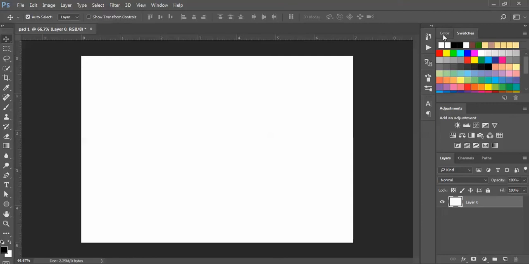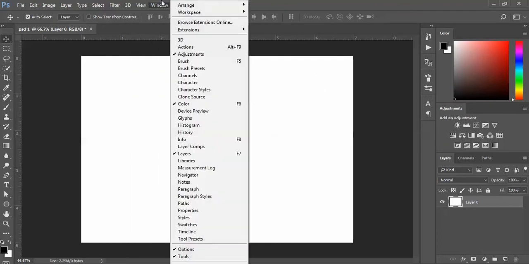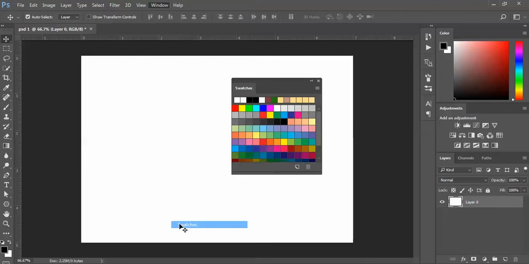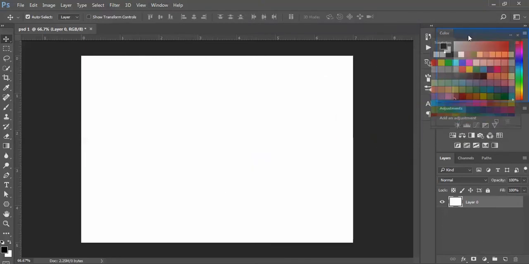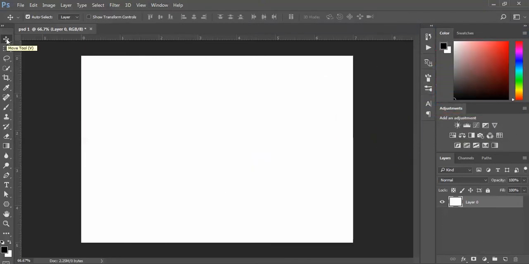This is our menu. Here there's a subfolder, and this is our color and swatch. We can customize it according to what we prefer, just dragging it, and you can close it like that, and then I go to Window and just click Swatches, and then just drag it back there. And the Move tool, you can see the shortcut is V,